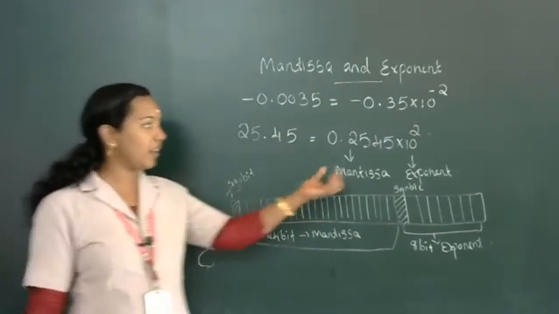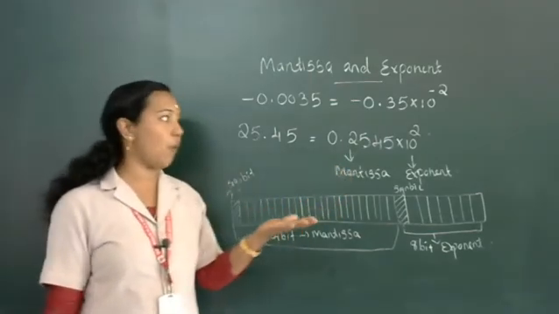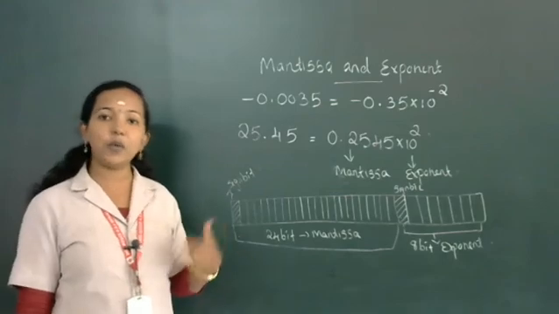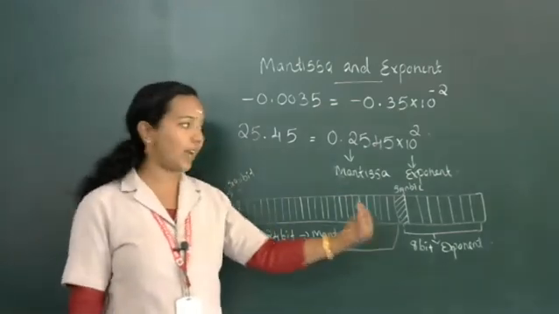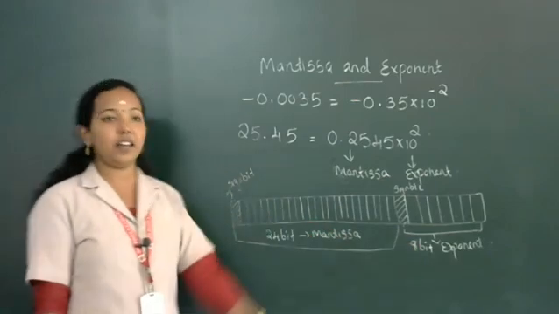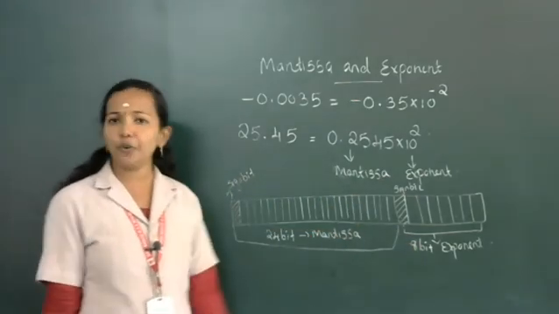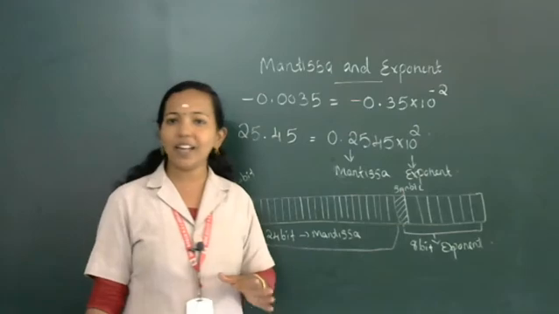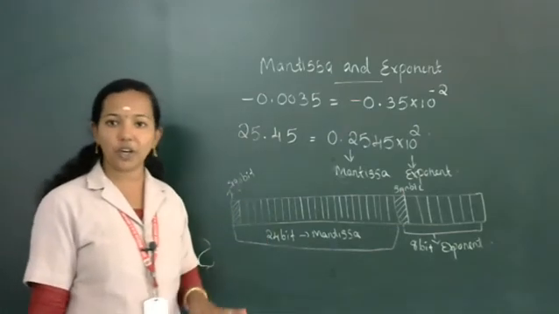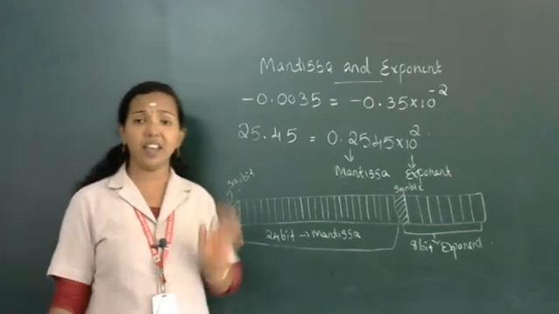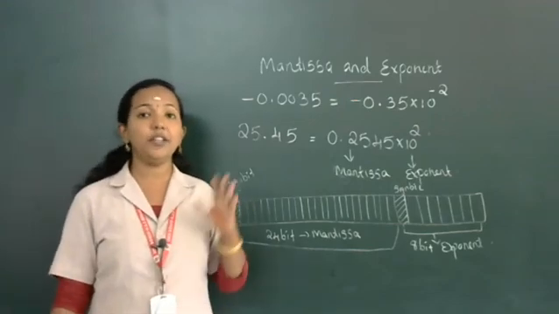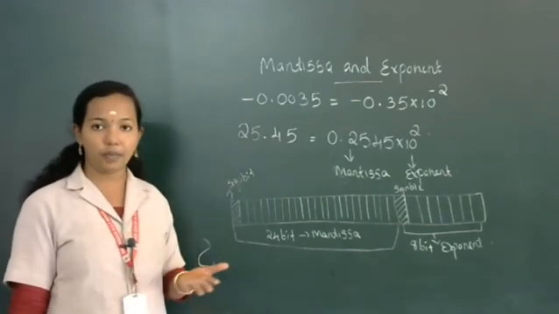Here the exponent is 2, 2545 you want to convert into binary. Then the binary number you want to write here, and the exponent's binary number also. That you don't want to do, because binary conversion is not present in your textbook. You just study how we are converting a fractional number into mantissa and exponent format.